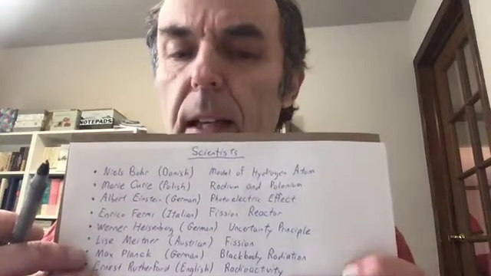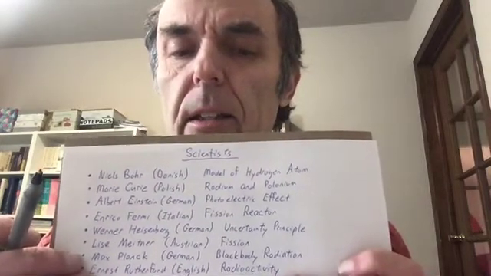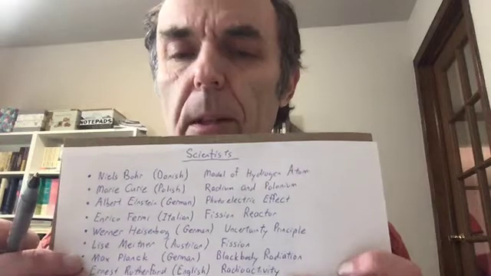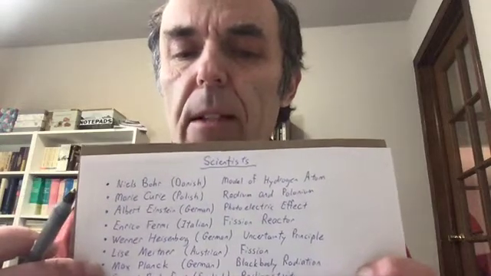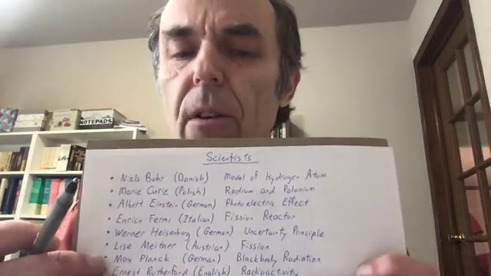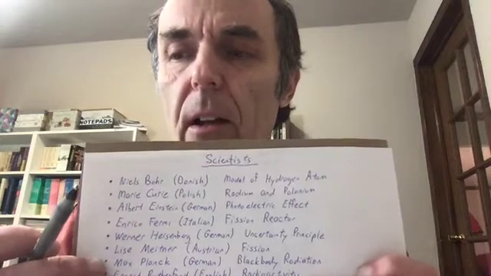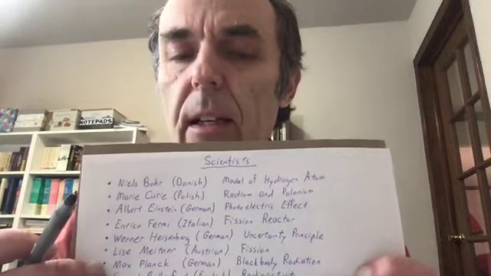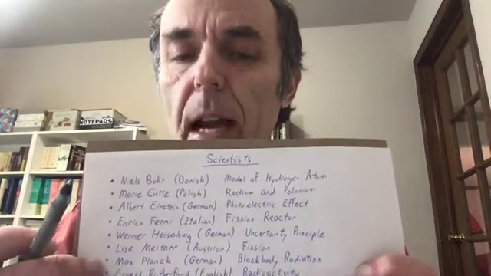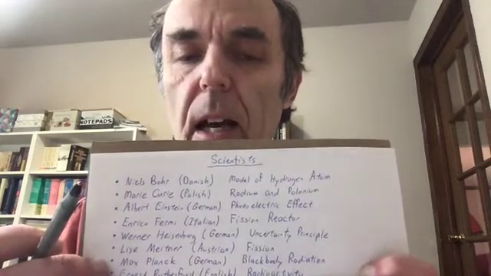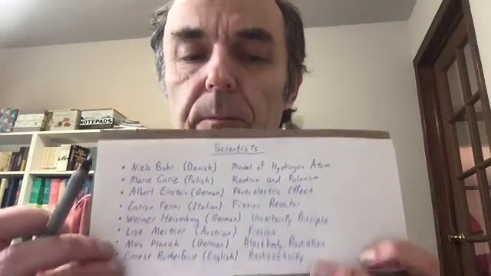Enrico Fermi, an Italian scientist, he did some of the earliest experiments in nuclear physics and is best known for us as designing the first fission nuclear reactor. And we will see his work and we'll talk about nuclear reactors in chapter 30 on nuclear energy.